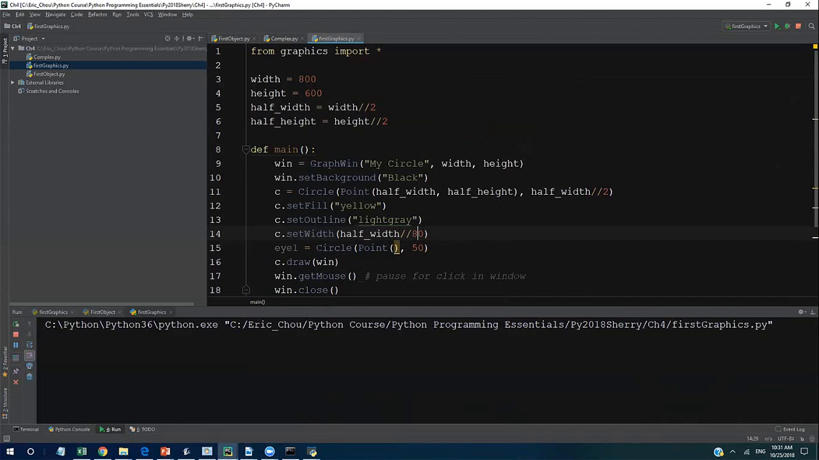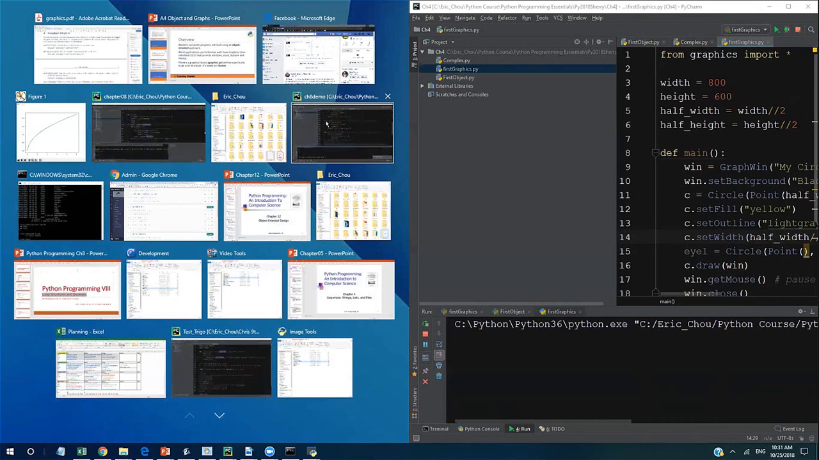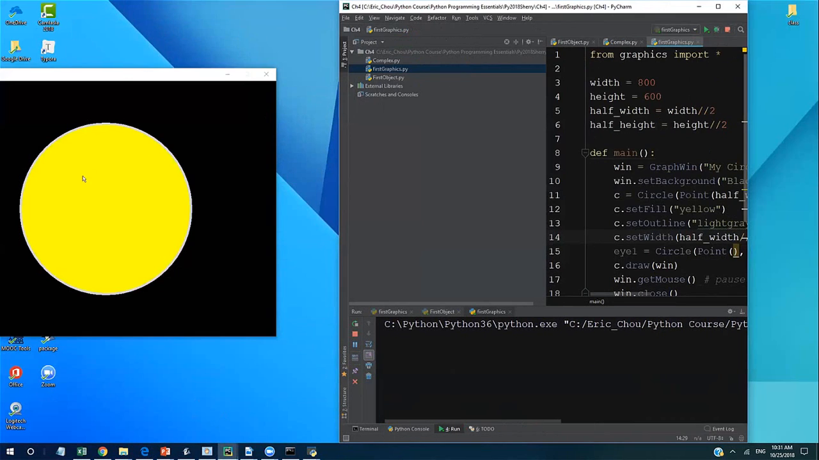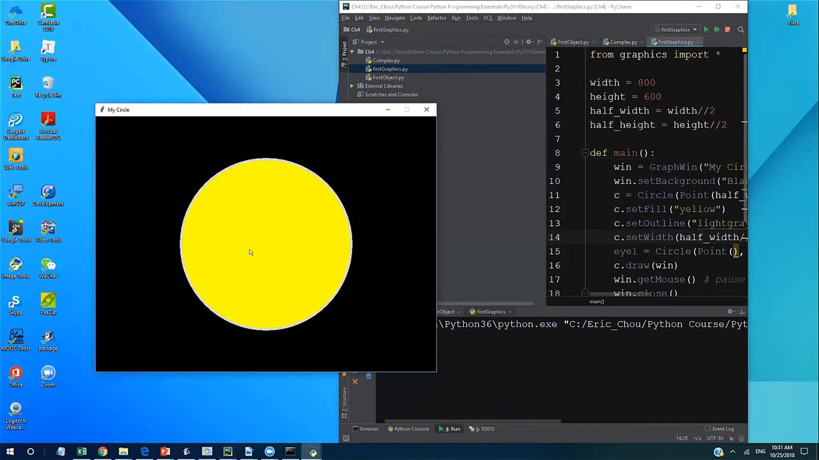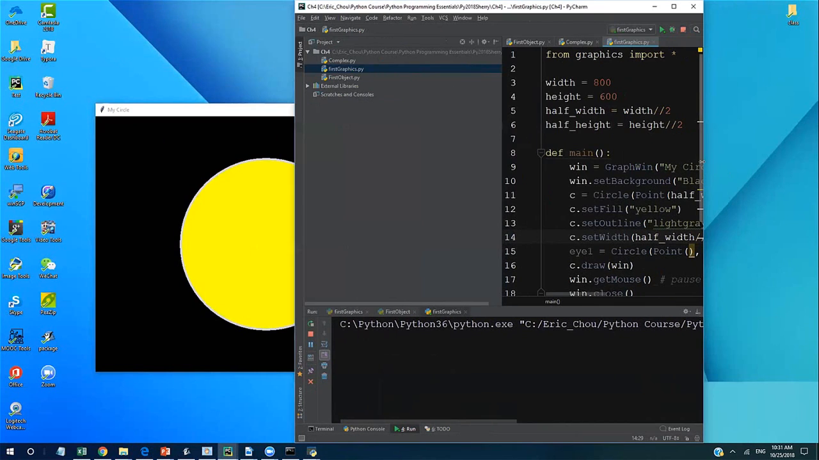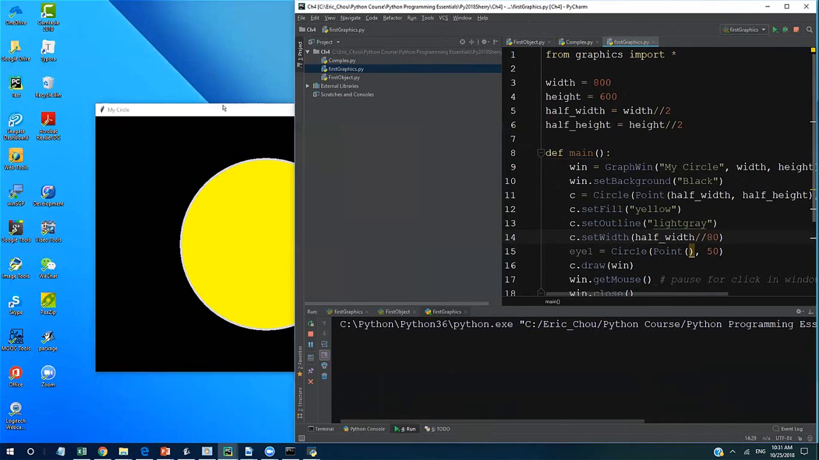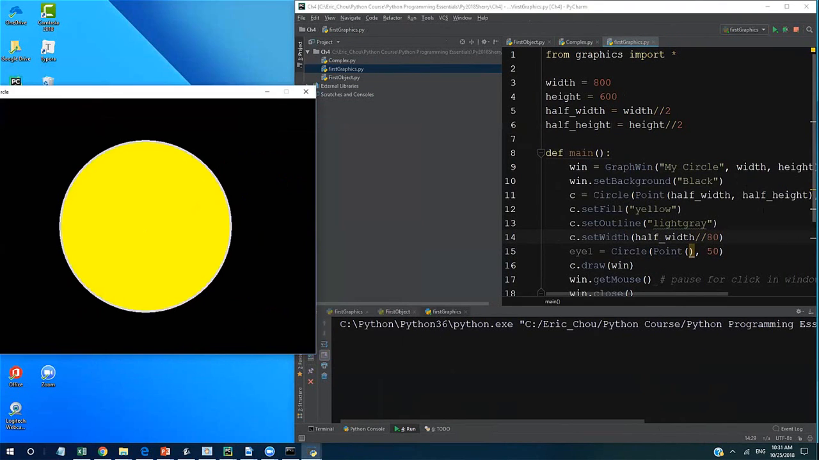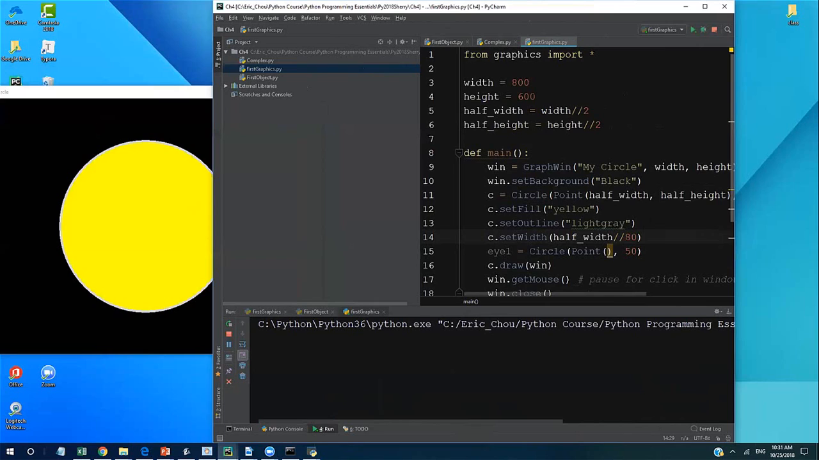So here I would say my center point is, okay, let me show you. My center point here, right here, is actually like half width, half height, right? My center point is half width, half height. So my new point over here should be half width, half height. I want to draw an eye over here and the eye over here, right? So it actually should be my